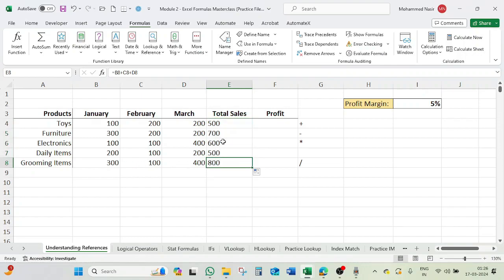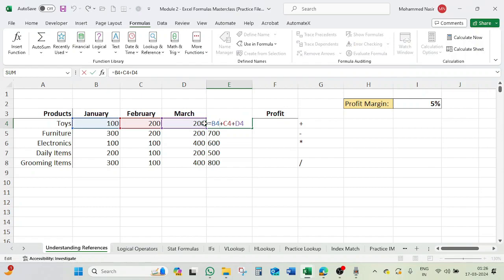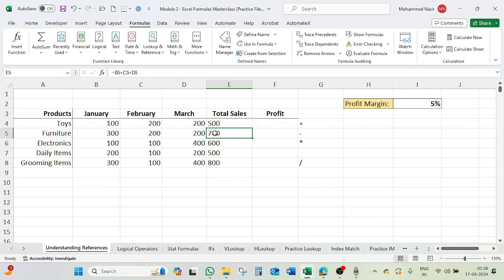It will apply the same formula in the rest of the cells. So this formula is taking the first cell to the left, plus the next, the second left, plus the third left. So when I copy the formula, it also copies the same thing, but one cell down, because